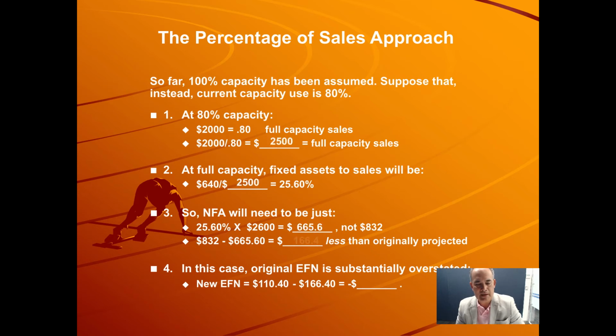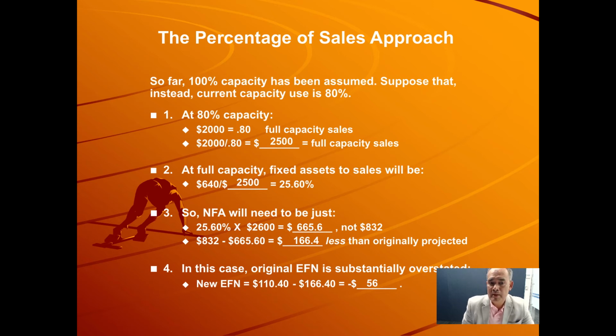So let me make what is called a static comparison of another scenario for the same company. So far, we have been assuming that the full capacity sales has been 100% production sales. I mean that the company is working at 100% production capacity. If the company is working at 80% production capacity instead of 100, what would the full capacity sales have been? It would have been